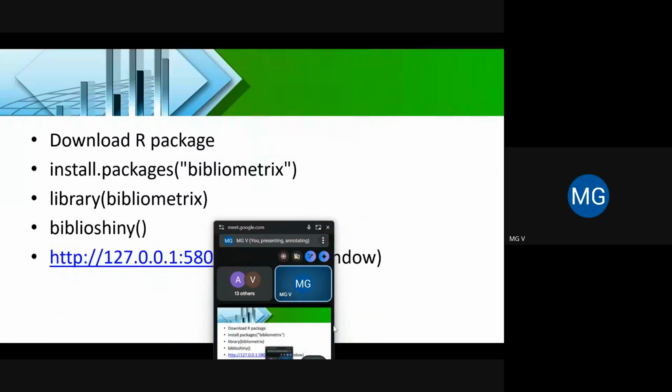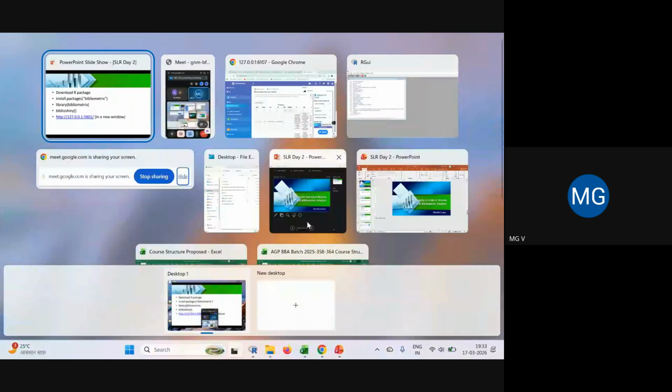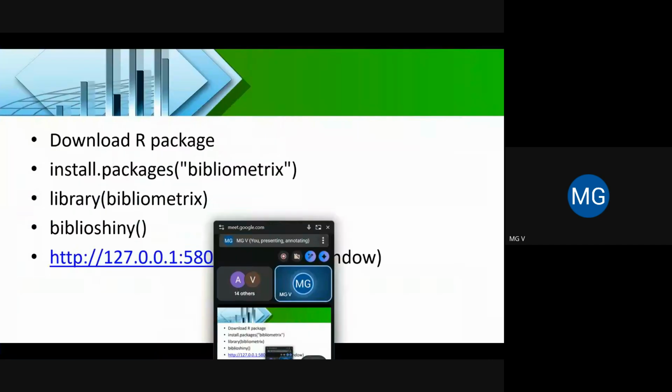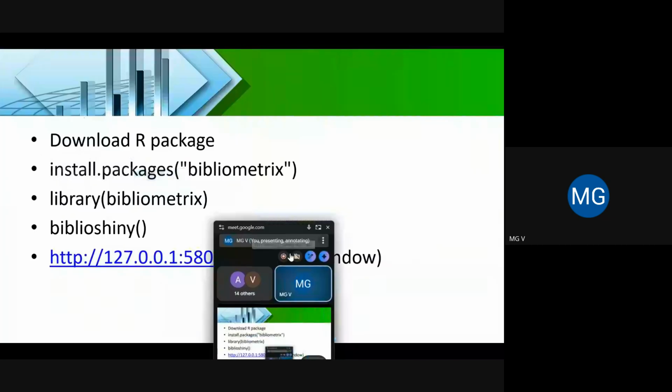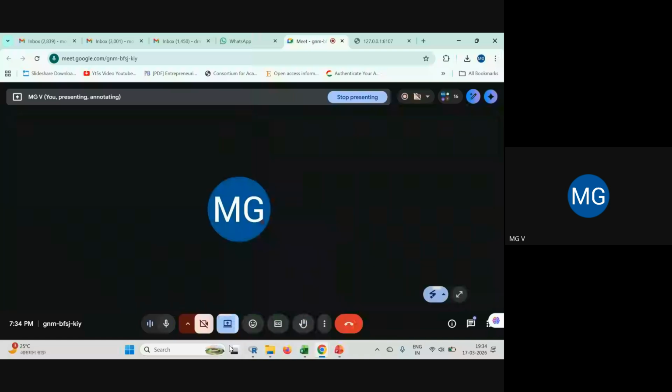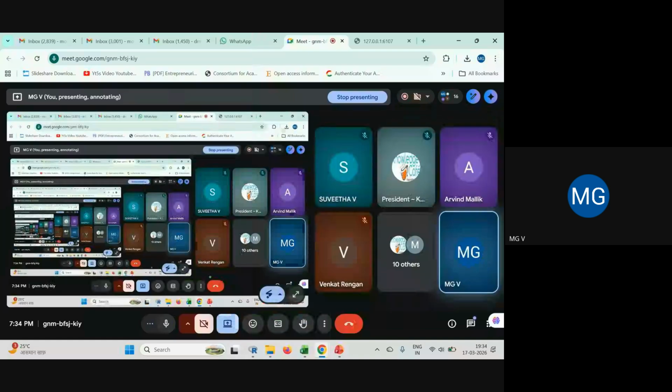So let us come back to the slides and discuss it. Just a moment. So do you find this software user-friendly? Will it contribute to your study?